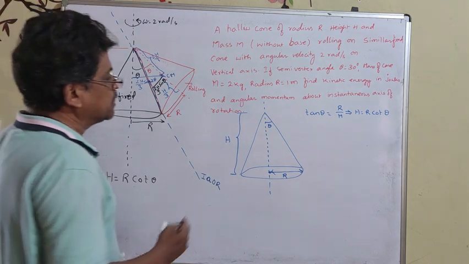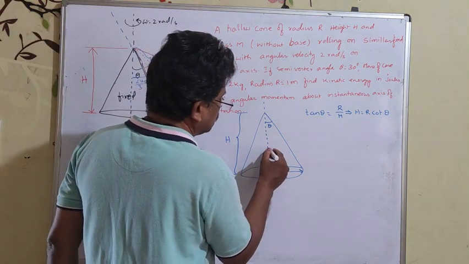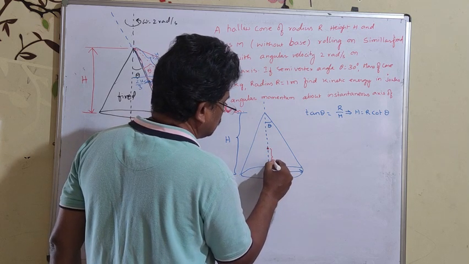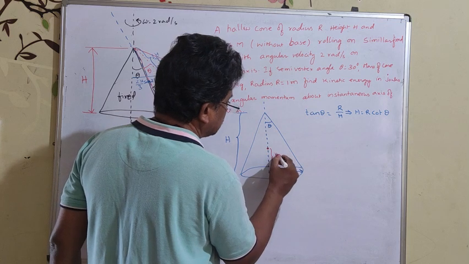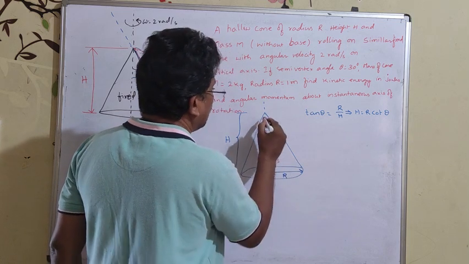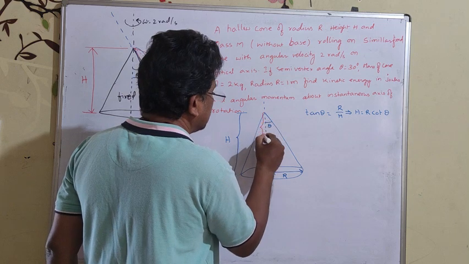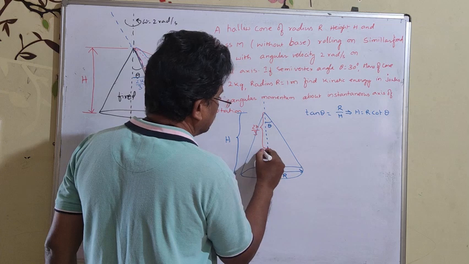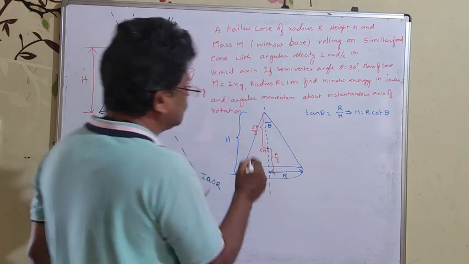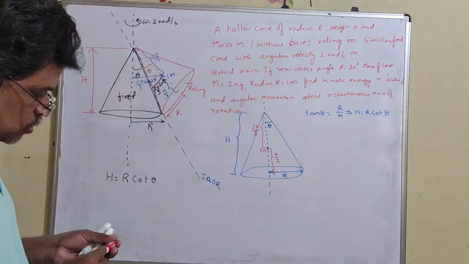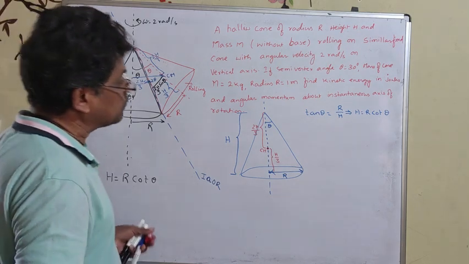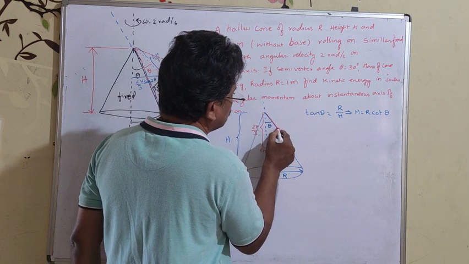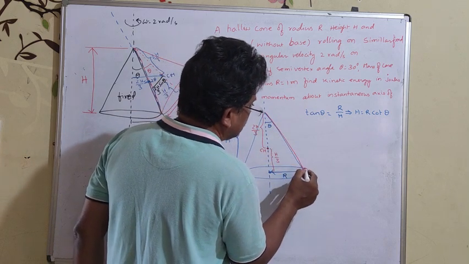Similarly, because it is a hollow cone, the center of mass of the cone lies at a height h by 3 from the base, or 2h by 3 from the vertex. This is the position of the center of mass. But I don't need the center of mass of this cone, I need the center of mass of the rolling cone. So over the surface, another cone of the same dimensions